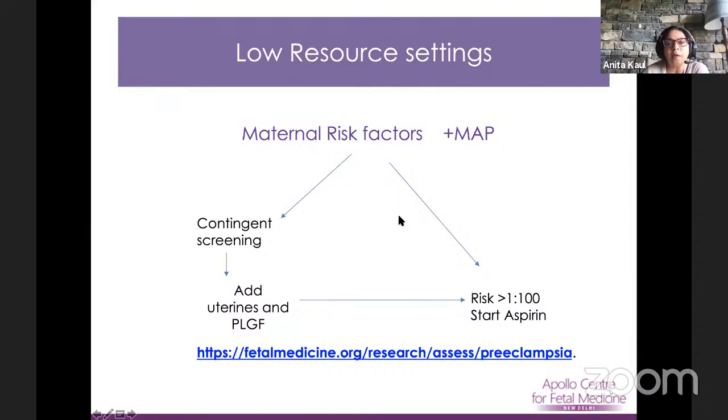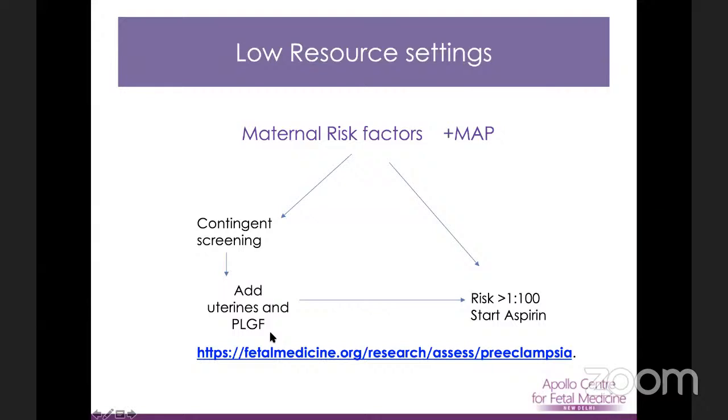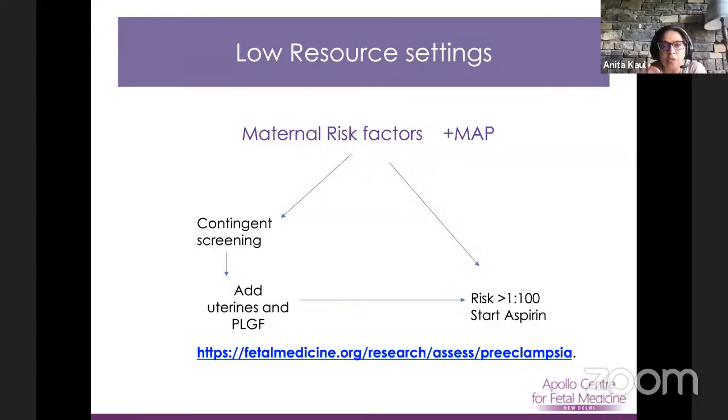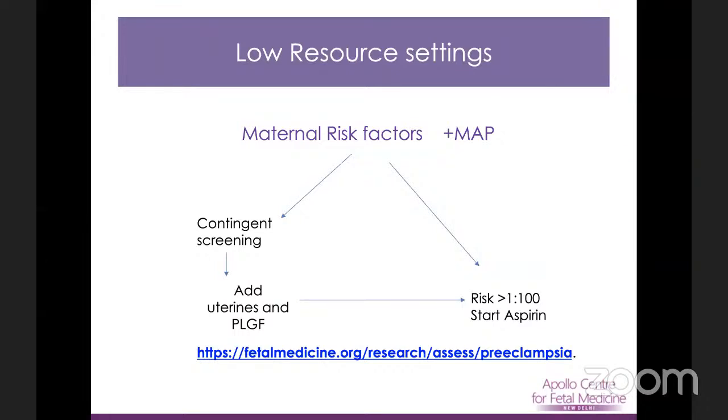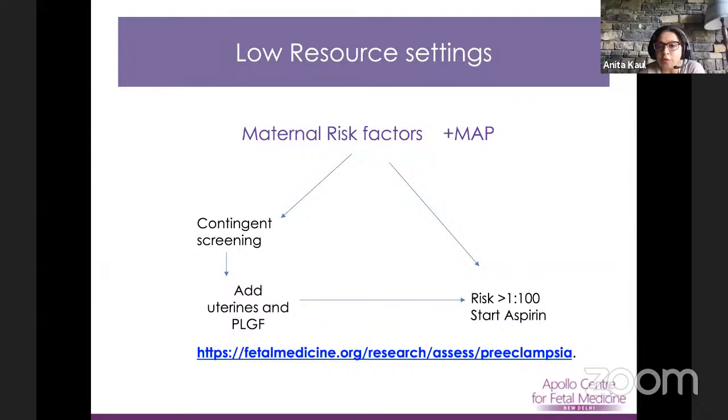And the ones who are coming as high risk, as came in our patients, maybe in those we would add uterine arteries and the PLGF. The point is that you need to decide for yourself. The gold standard is using everything, but if, say, you find it expensive, you feel that your patients can't afford it, then you can bring it down to a sort of minimum requirement, which is history and MAP,